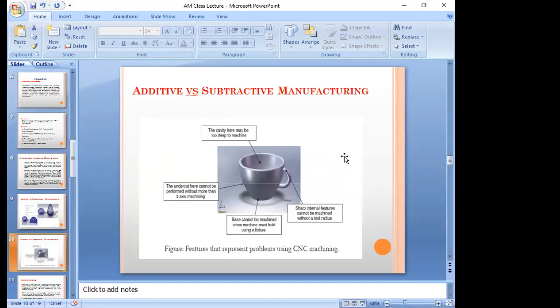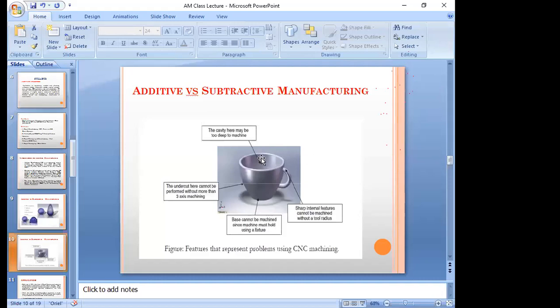See, the tea cup we need to develop, or our product is, for example, a tea cup. Here we have to form various geometrical shapes. For example, here we need to create a cavity, and to create a cavity we need a deep machining process.